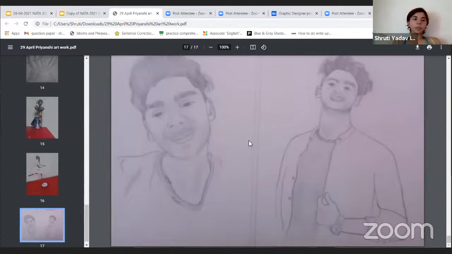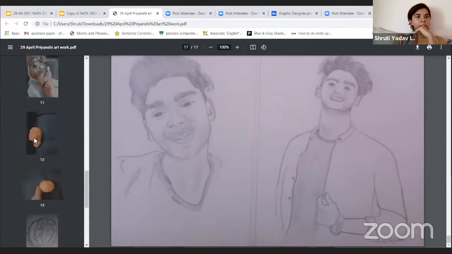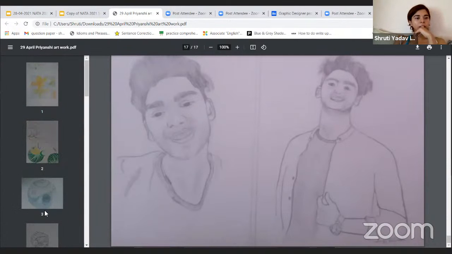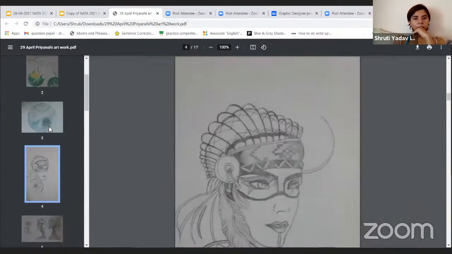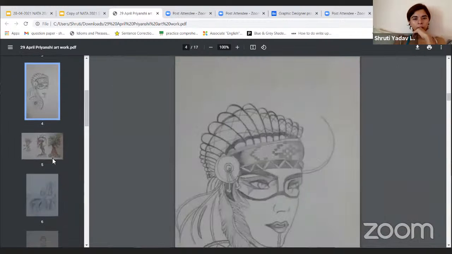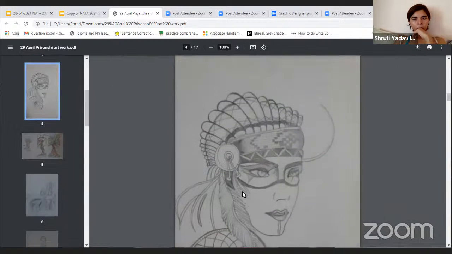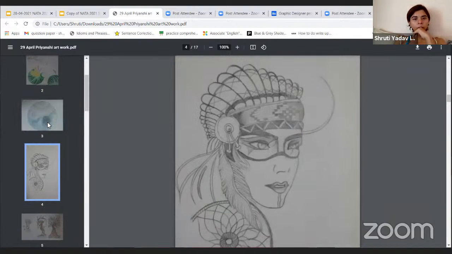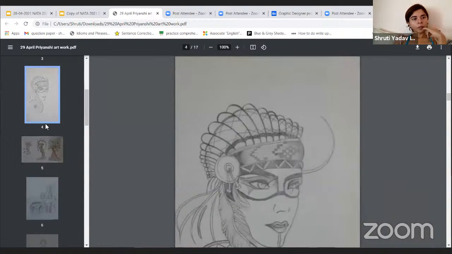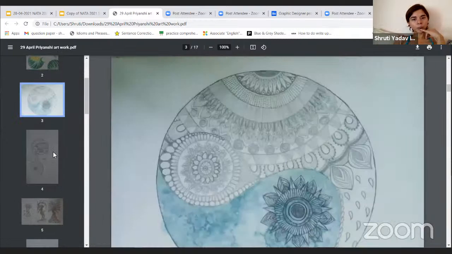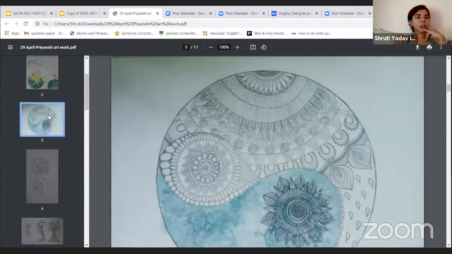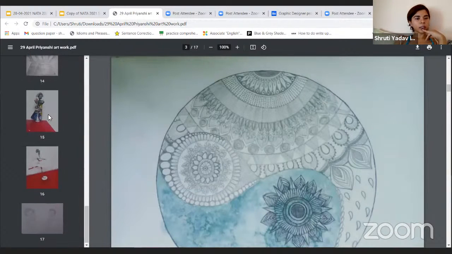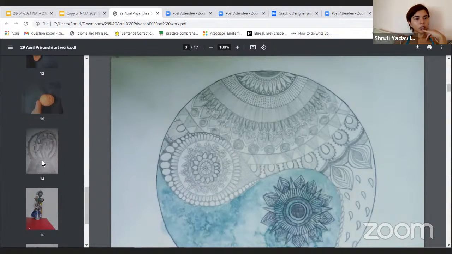So, Priyanshi, first thing we're gonna do is separate these portions. First thing is going to be your pencil sketches. Then you start with the mandala and doodle. These two can come together, I think. They fit in a similar philosophy. But then this is colored, this is not colored. Okay, just see how these two will go. No, they won't go together. So you can start with this, which also looks good.